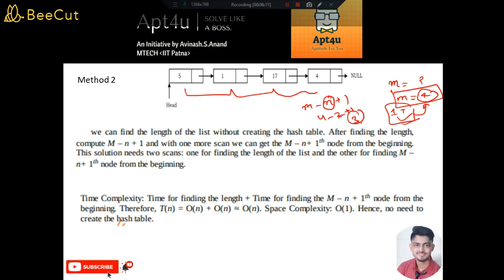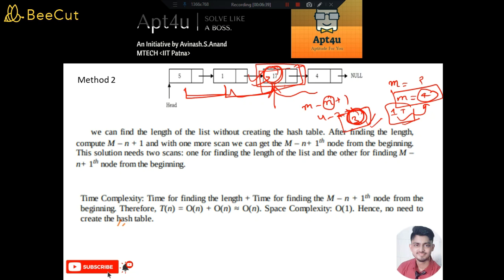In the second traversal we will visit till the counter becomes 3. Keep a count that we will traverse until the count becomes 3. So here the count is 1, count becomes 2, count becomes 3, and stop. Until the count is equal to this value we will traverse and then we will stop. Once the pointer reaches this node where the counter value becomes equal to 3, we have reached our destination. So basically we are interested to deal with this node.